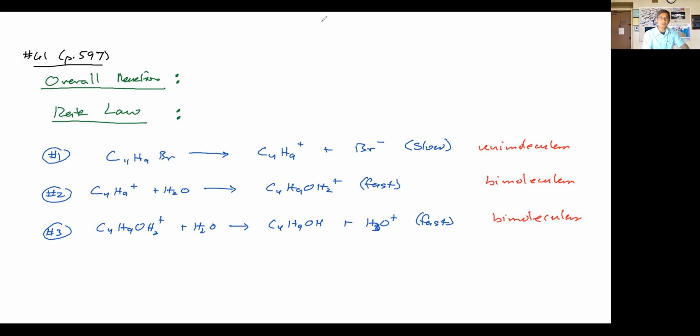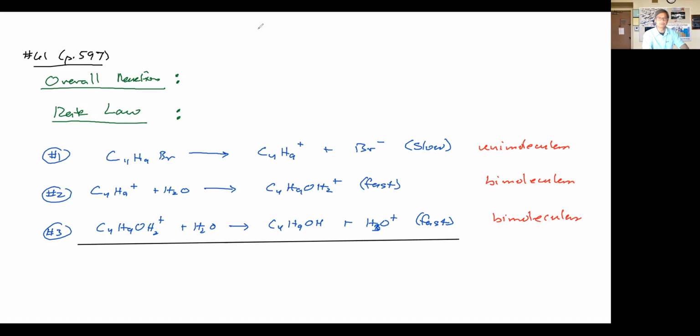The overall reaction is going to be taking every one of these elementary steps and combining them together. How do we combine them together? Basically, we determine whichever species is the same on both sides of the arrow, and they cancel out. So if you take a look at this here, we have this particular